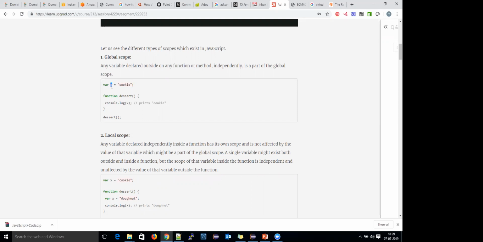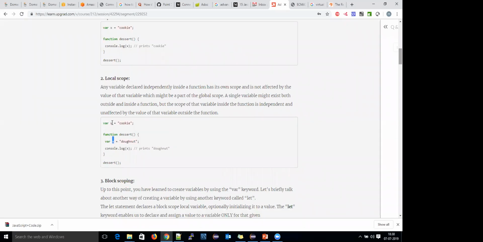A global variable is accessible from anywhere, right? And for a local variable, suppose inside this function I have declared this variable x, then this is a local variable. This global variable has a scope of everywhere in the code, but this local variable has access inside this block only. So if I call this function and want to print the x, then it will print only the local variable,